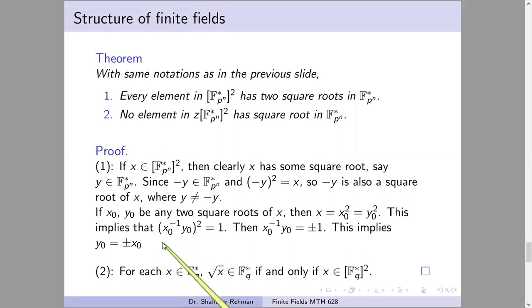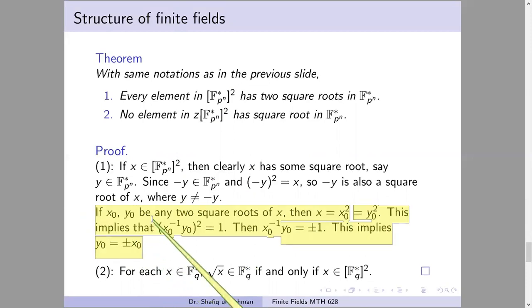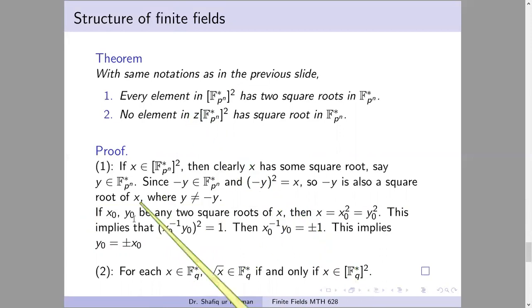अब अगले पार्ट में हम प्रूव करेंगे कि स्क्वायर रूट की 2 वैल्यूज आएंगी, 2 से ज्यादा नहीं आएंगी। पहले 2 लाइनों में ये प्रूव किया कि स्क्वायर रूट की वैल्यूज 1 से ज्यादा आएंगी। अब आखिरी 3 लाइनों में हम प्रूव करेंगे कि वो 2 से ज्यादा नहीं होंगी। तो इससे ये प्रूफ हो जाएगा कि हर एलिमेंट के 2 स्क्वायर रूट हैं। हम फर्ज कर लेते हैं किसी एलिमेंट x के 2 स्क्वायर रूट हैं, x नॉट और y नॉट, ठीक है। और हम देखेंगे उनमें क्या रिलेशन है।